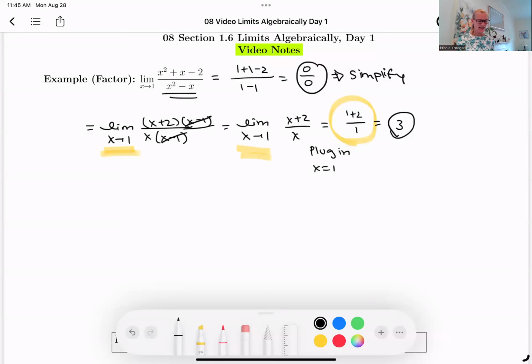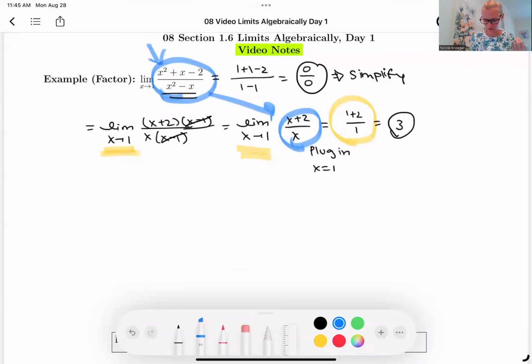So factoring is a good example of what's happening in these types of problems. Oftentimes factoring is a useful trick to do, okay? The reason that we can do this process is because this function and this function are equal to each other everywhere except for at x equals 1. X equals 1 is not in the domain of this original function, but everywhere except for x equals 1, they're equal to each other. And remember, limits only care what happens near 1, not at 1. And so near 1, these two functions are equal, which means that their limits are equal as well,